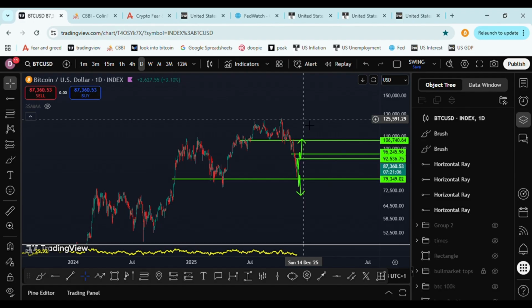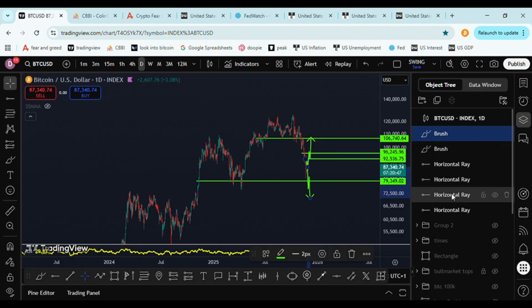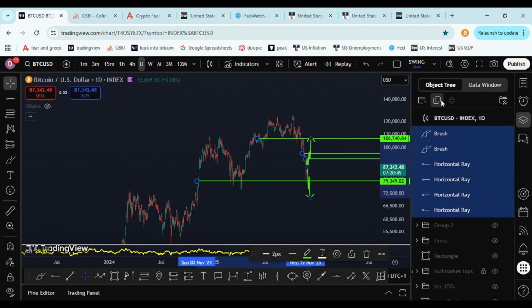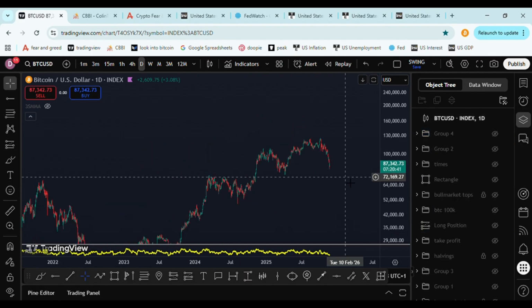Could be next year. For me, the most probable scenario is that this 4-year cycle is going to continue, and that we see a year-long bear market until next summer, like the end of summer 2026, and then start a new bull market again. Enough time to get some cash and buy a lot. Enough talking. I'm going to put this right now into the scenarios for next month.